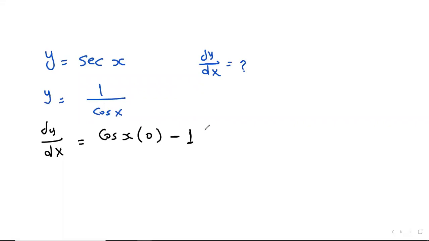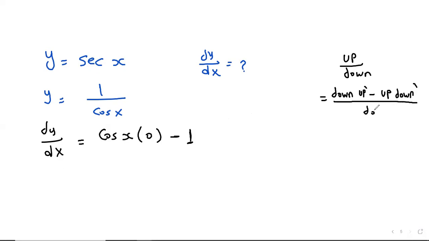So just to remember: down times derivative of up, minus up times derivative of down, over down squared. So we have up and down. So what is the derivative here? It's down derivative up, minus up derivative down,